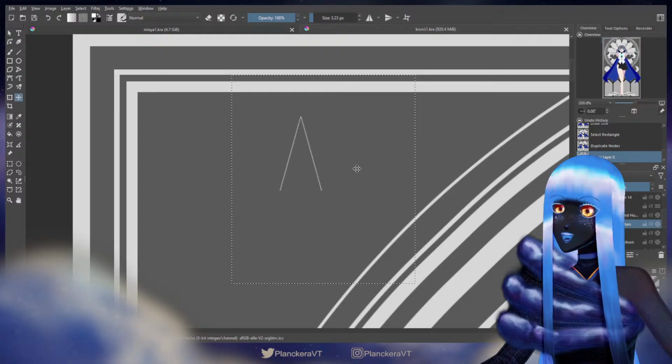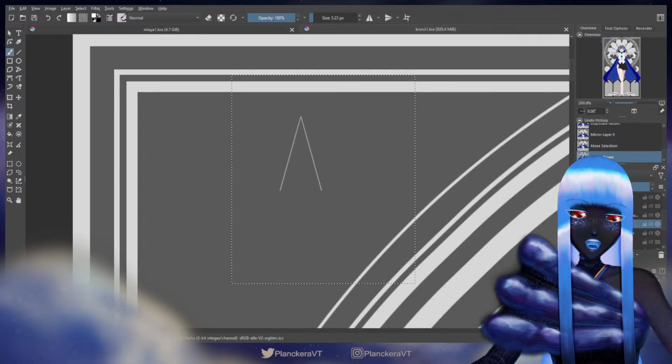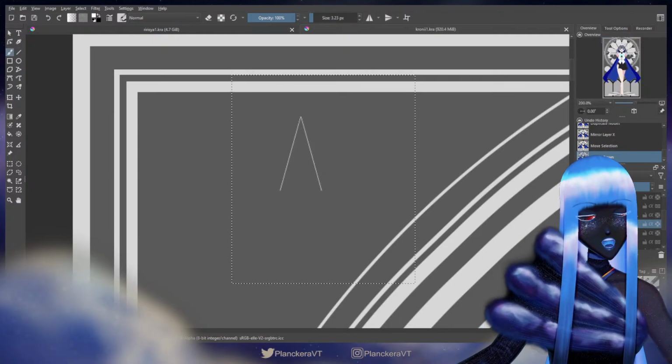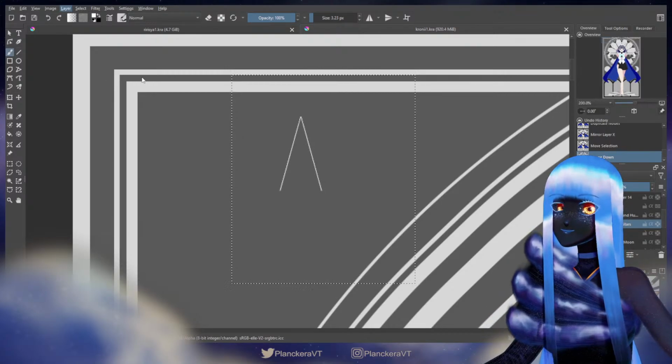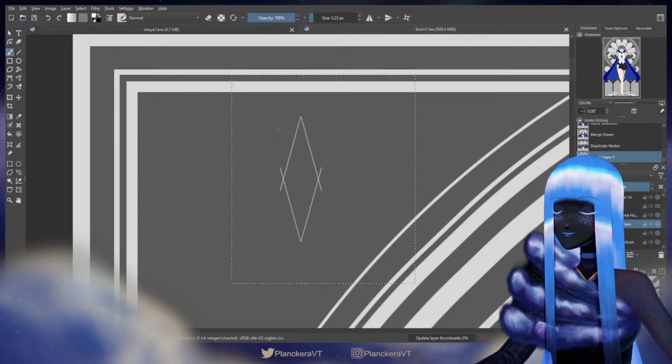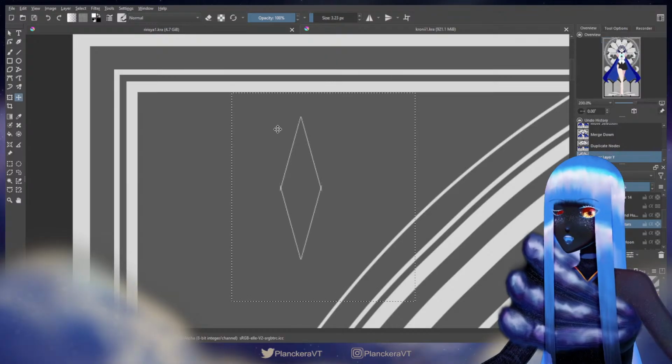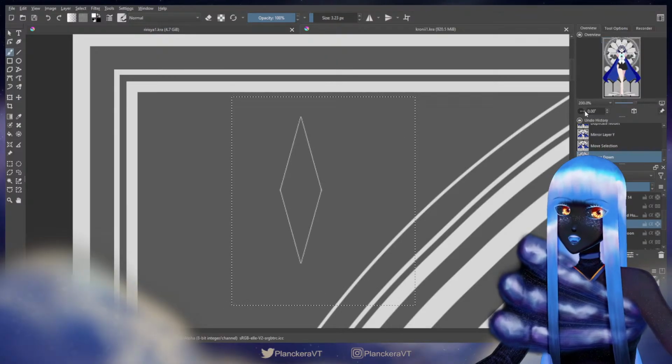The reason I made that rectangular marquee there is just so it doesn't flop it like all the way in the other side of the canvas where I can't see it and be annoying that way. So this way I know it's just going to mirror right here, and then I only have to shift it around just a little bit. And that just makes life easy.